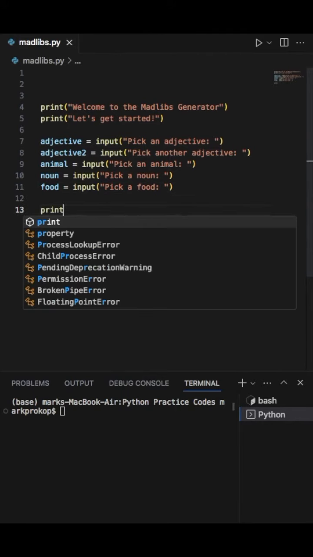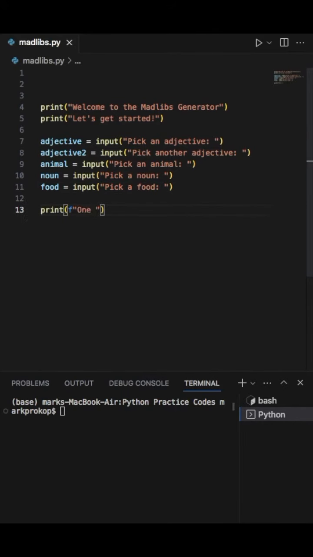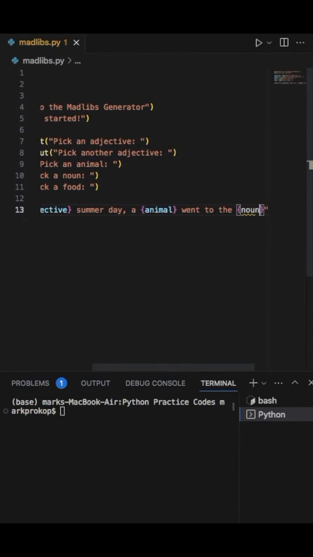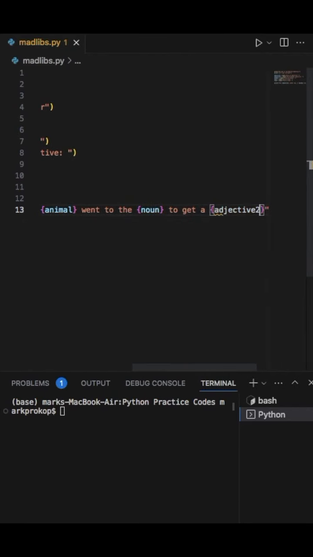So here we'll do our print statement with an F string, 1, adjective, summer day, animal, went to the noun to get a adjective 2 and food. So we'll run this,